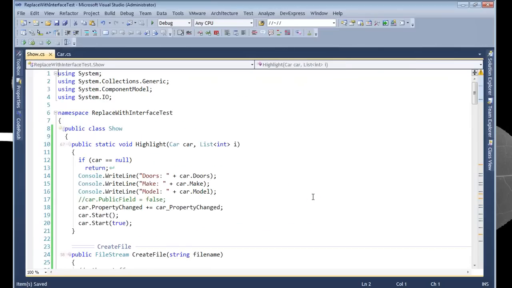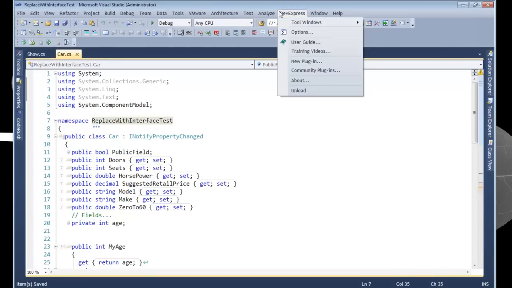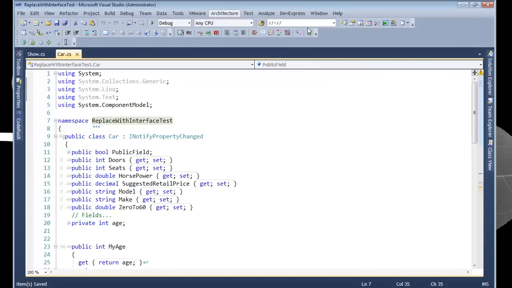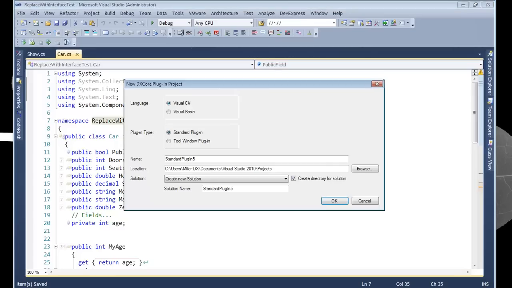I'm just going to cut this to the clipboard and paste it back in. I was having problems with this build yesterday as well. And I do not have a new one. So, all right. So let's do this. We'll deal with that, and if it gets debilitating, I'll restart Visual Studio and see if that has any impact on it. All right. So let's go in and create a new plugin,